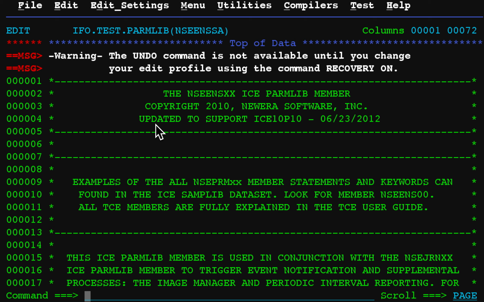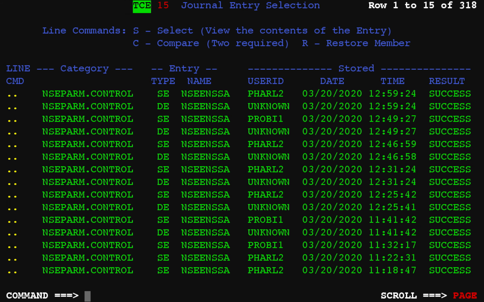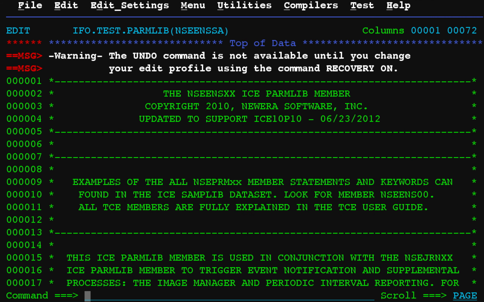Of course, because we have all the versions, we could also type on the command line restore, and this would give us access to all of the versions of that particular member that have been stored in the control journal, irrespective of date, where we could compare one to the other, pick the one that we believe is best suited for a restoration of service, place an R next to it, and restore that particular component back into the system in a live configuration stream. So PF3ing back